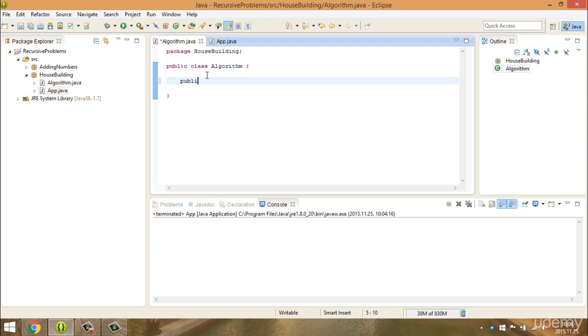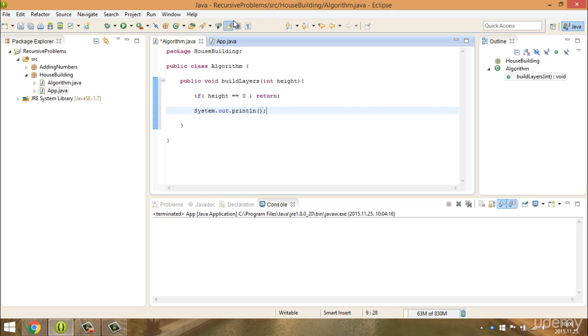For example, I will have the public void buildLayer, and we have to specify the height, how many layers we want to build. Of course, if the height is equal to 0, then we return. And else, for example, we print out the height, and then we are going to call this method recursively for